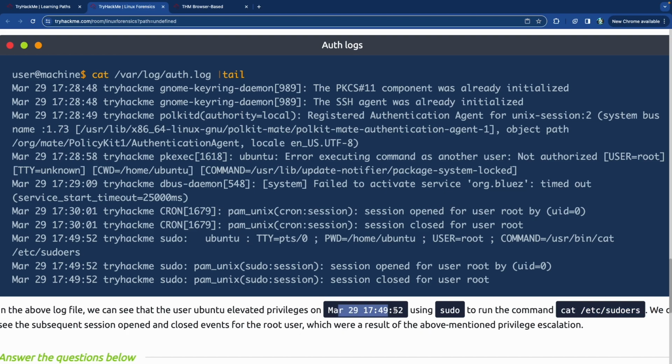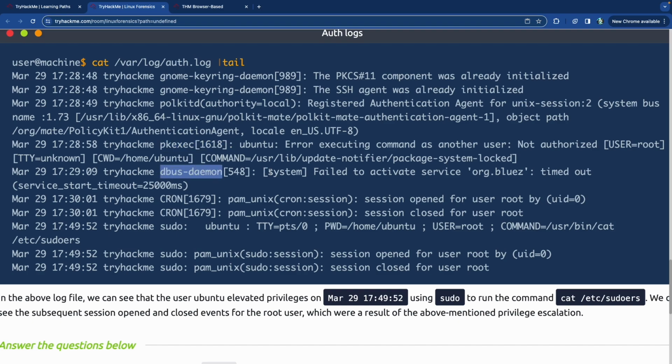So on March 29th, which is right here, we can see where is it? March 29th. This is all March 29th. So what we have is sudo, and then we have sudo Ubuntu, and that's kind of it. All of this is being run through the TryHackMe user, and then error executing command Ubuntu. So this was a thing that is trying to run, I think, pkexec, and that one didn't work for him. So, and then dbus-daemon system failed to activate service org